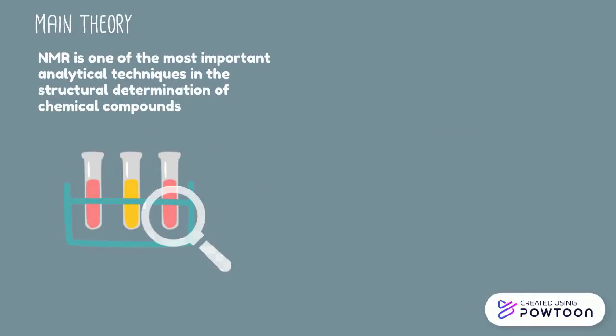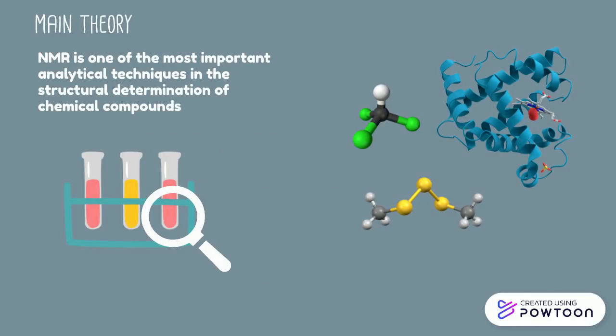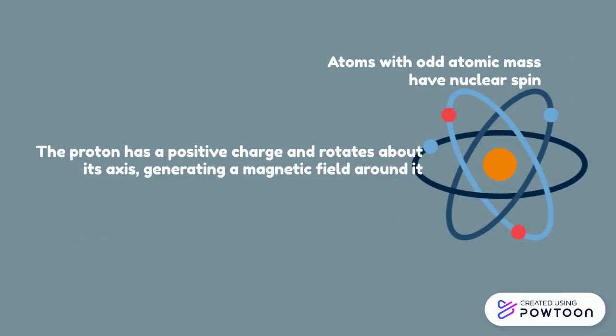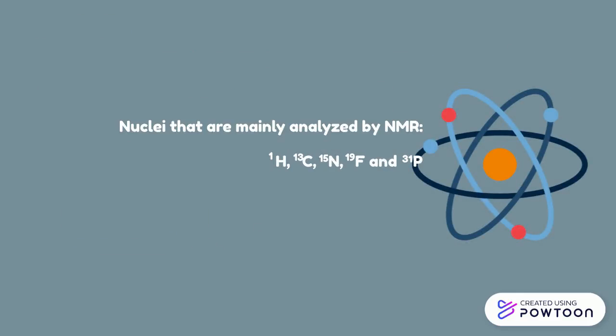Nuclear magnetic resonance spectroscopy (NMR) is a technique used mainly in the field of chemistry and biochemistry for the structural determination of chemical compounds. There are atomic nuclei that spin around their own axis, generating a magnetic field, and this can be analyzed by NMR. The most commonly analyzed elements are hydrogen, carbon, nitrogen, fluorine, and phosphorus, and the most used in organic chemistry